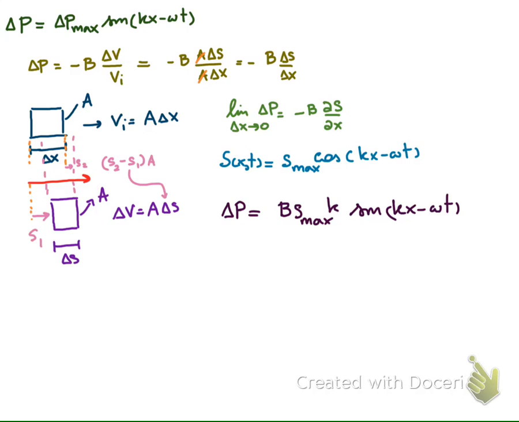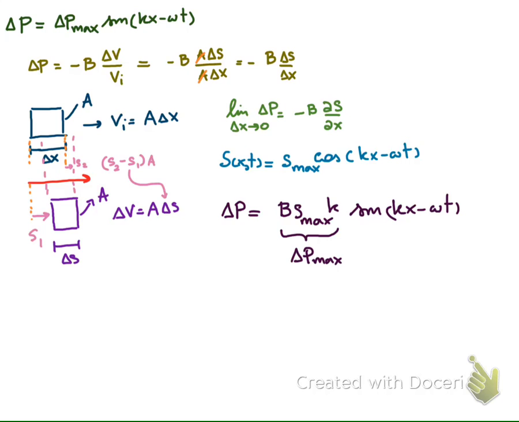Okay, and this B S max K is the delta P max. So if we use delta P max is equal to B S max K,